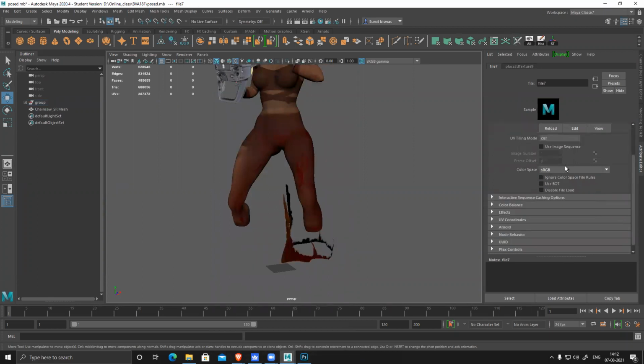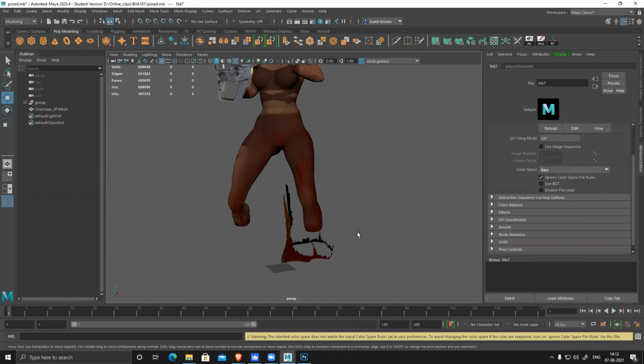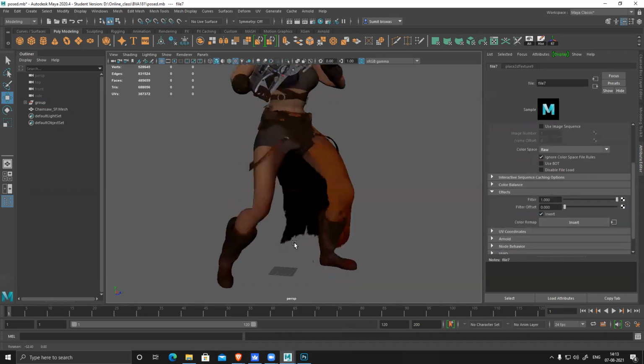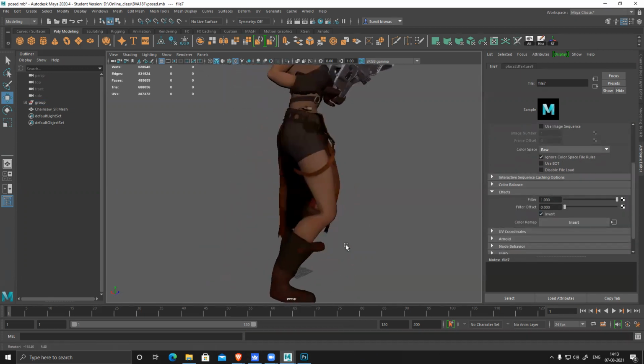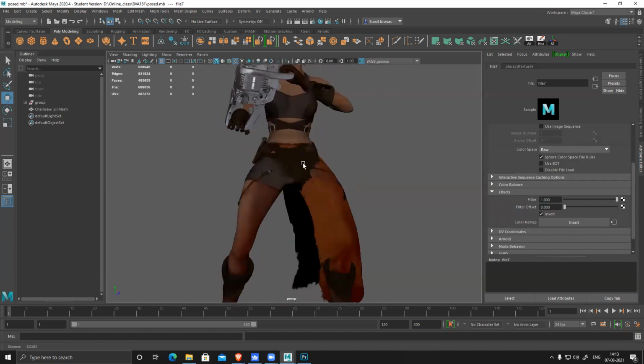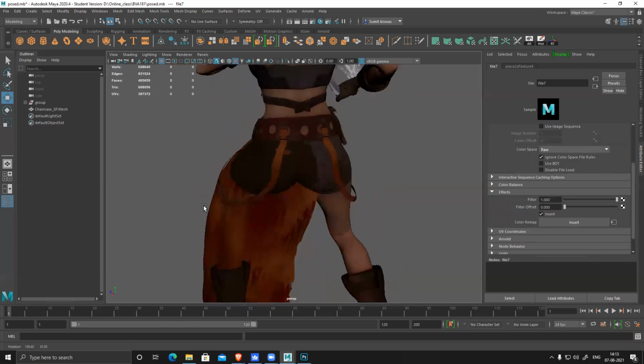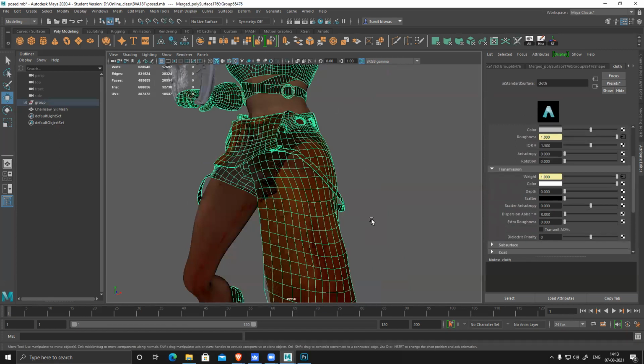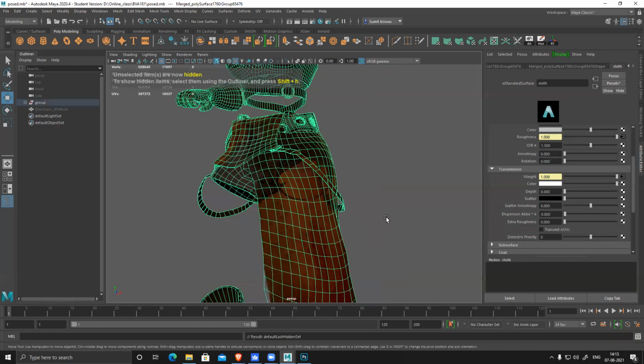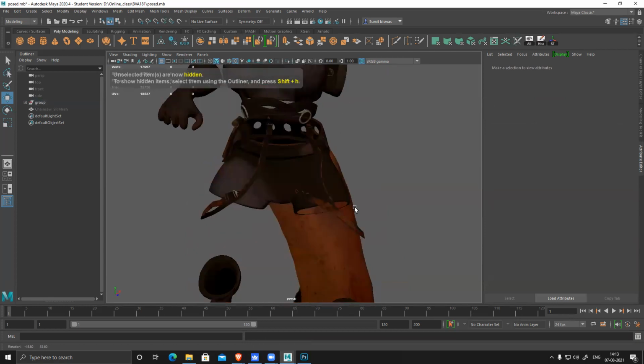So I have to make sure, for this black and white map, we use raw and ignore the color space, and in effect, invert it. So now you can see it makes everything kind of translucent. You cannot see, but if I separate, hide this part, I can see it's still there.